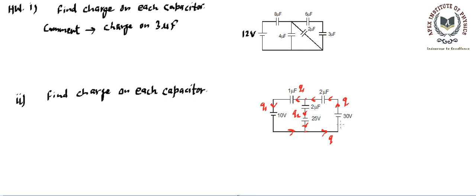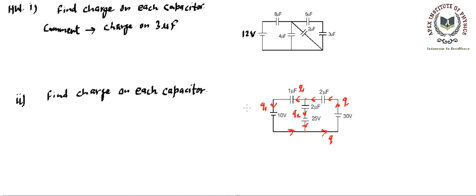This is the charge distribution that you can assume. Once you have assumed the charge distribution, you can go further, applying Kirchhoff's junction law and loop law. This charge distribution will help you assign the plus and minus signs on the capacitors accordingly. The signs of the batteries are fixed because of their positive bigger plate and negative lower plate. Then you can write Kirchhoff's laws and solve for Q, Q1 and Q2, making 3 equations. Once you find Q, Q1 and Q2, you will see what signs they carry. If they carry a positive sign, that means the directions you have made are correct. If you get a negative sign, you just change the direction, that's all.